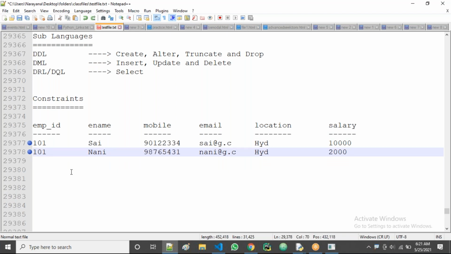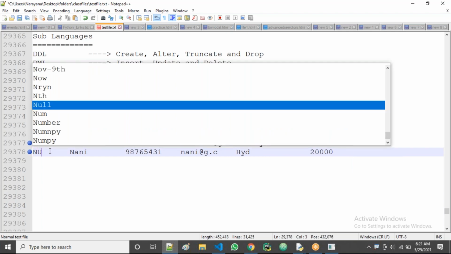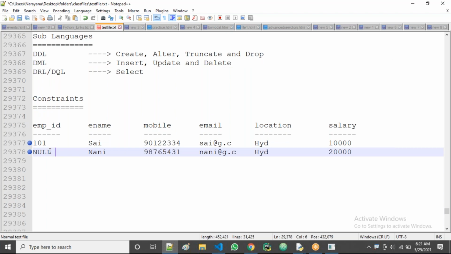Next case, for example, for employee ID, I am giving a null value. Is it possible, guys? Can the employee ID be null or not?